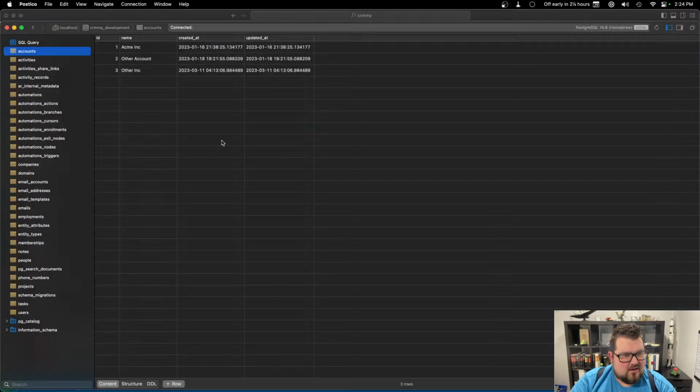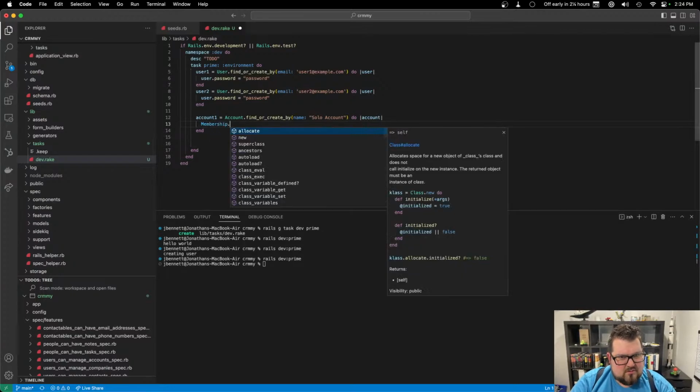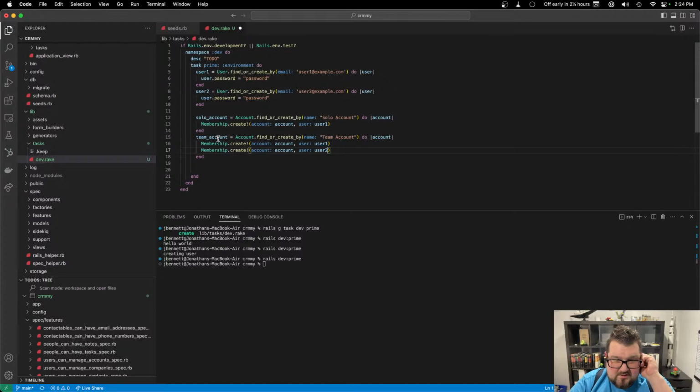So we can do, I'm actually working on 2 things right now, so I'm going to get my names messed up. Membership. So we can do membership.create, and this is going to be with account and user 1. And let's rename this to solo account, and we'll do this as team account. And here we're going to make it with team 1 member with user 1 and user 2. So if we run this,